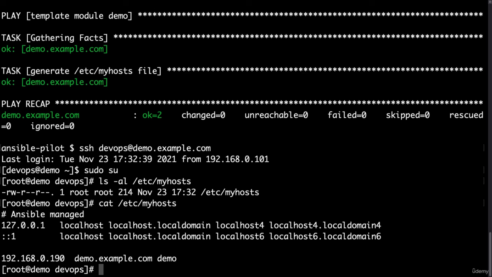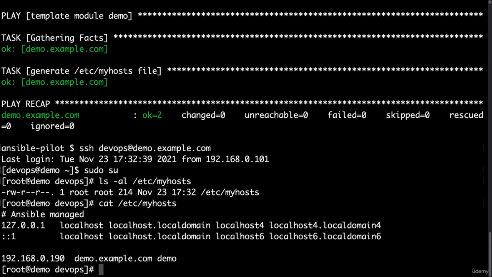As we expected, all the variables are expanded automatically by Ansible. We see the Ansible managed variable is in the first comment. There is this text that you can customize inside your ansible.cfg file. Then the static text of localhost is present and the loop is expanded for each line of your